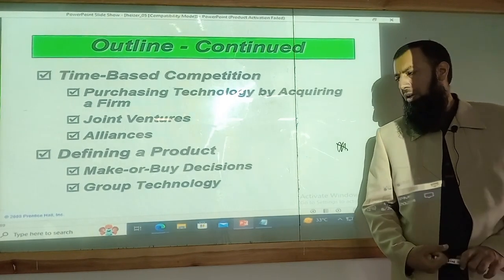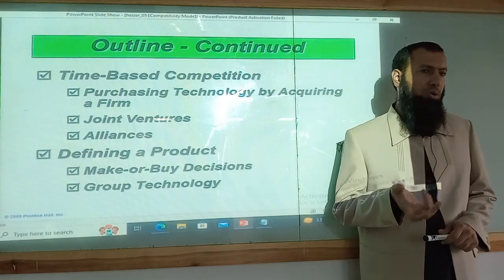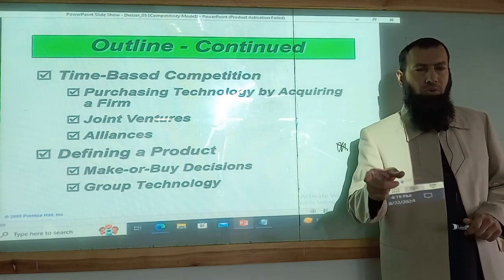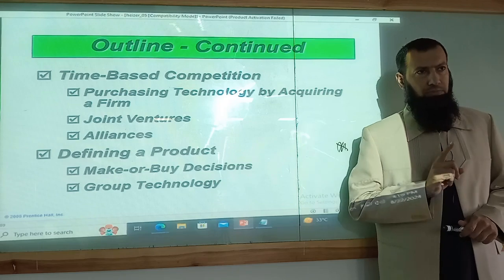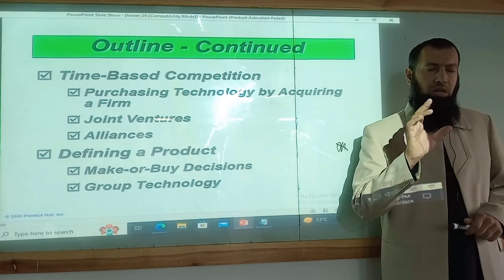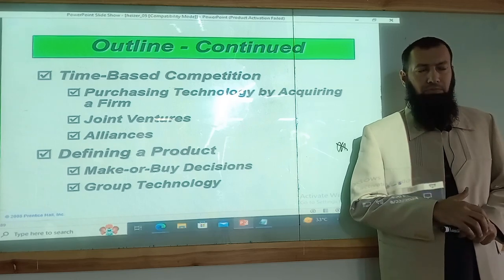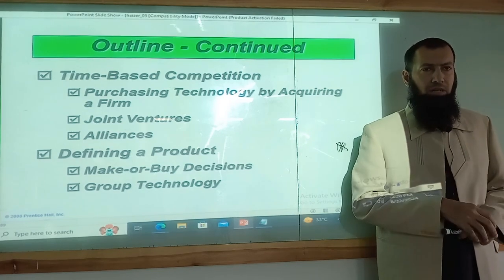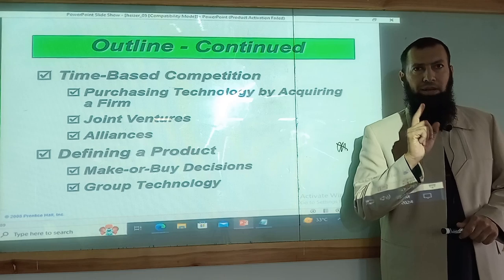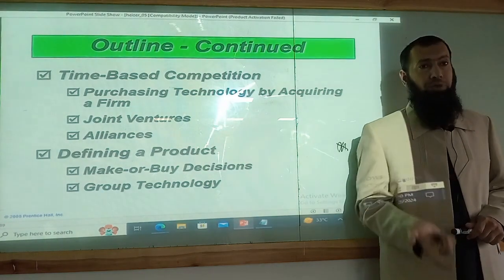When you define a product, the make or buy decision is very, very critical nowadays. Why? Because if you are cost effective, then only you can go for that. If you have a competitive advantage, then only you manufacture. Otherwise, you do not. It is not wise to manufacture, because you need to focus on your core competency in which you are best at, instead of doing the other task, because your competitor can do that, and your competitor can go ahead of you, and maybe you become out of business because of that.